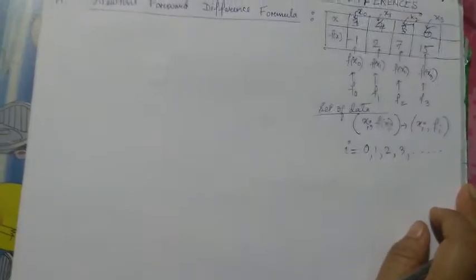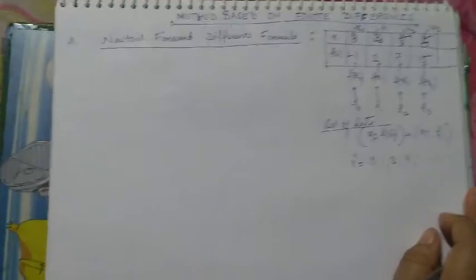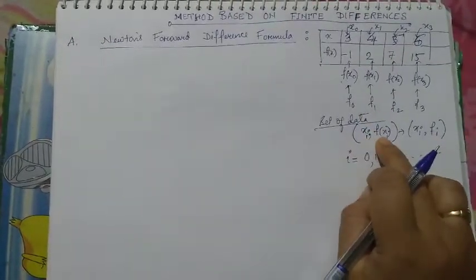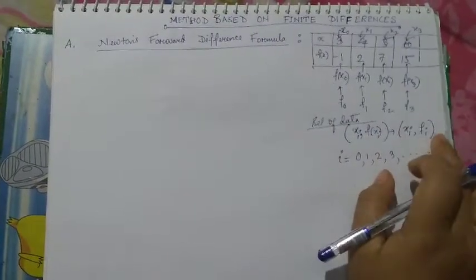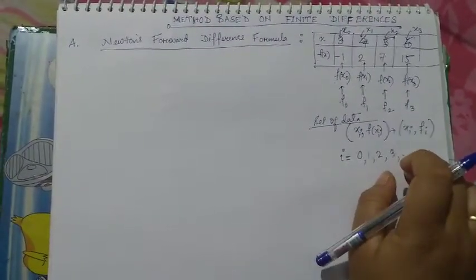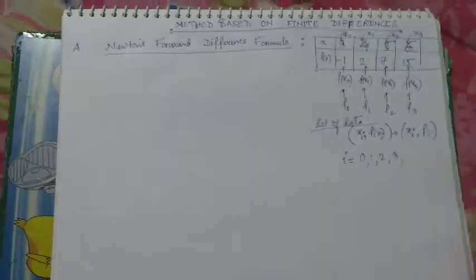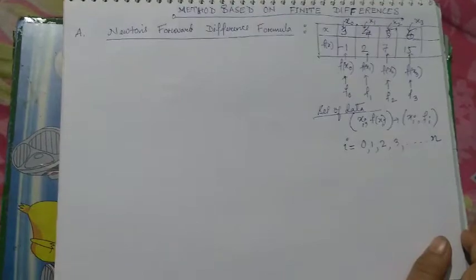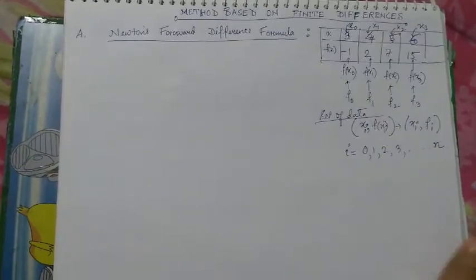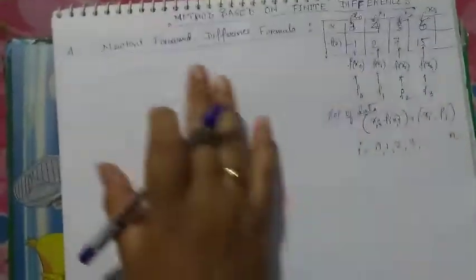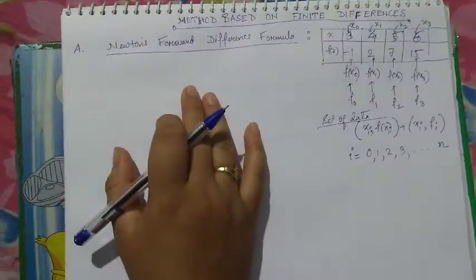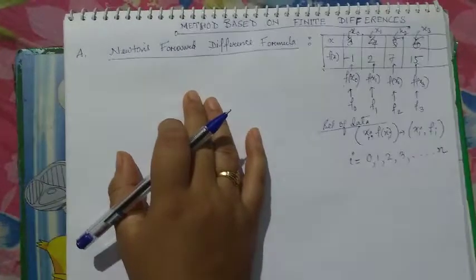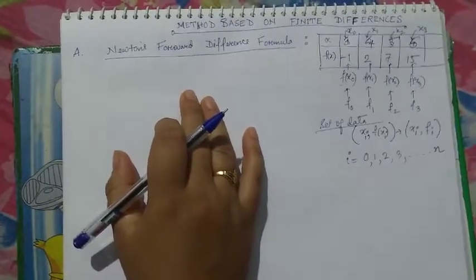So now if I tell you you are given a set of data, you will have to understand it like this: xi, f(xi) or xi, fi, where i goes from 0, 1, 2, 3, like that. You can say up to n. I would not like to say it as infinite, but it is n. To start with this method, now we are going to do the theory. We will solve some problems, but before that I would like to handle the theory properly, and only then we will go into the numerical problem solving part.